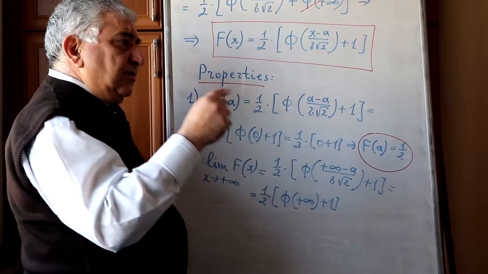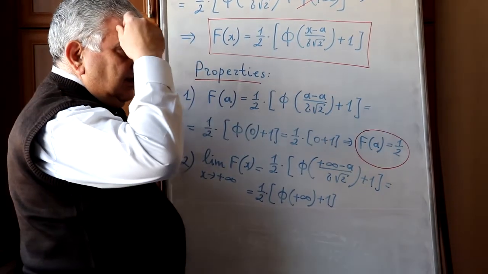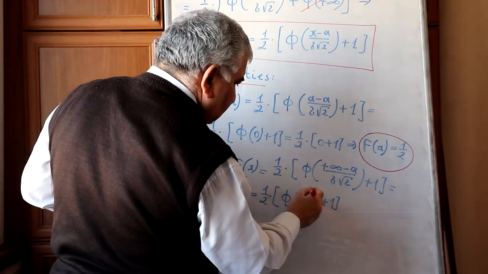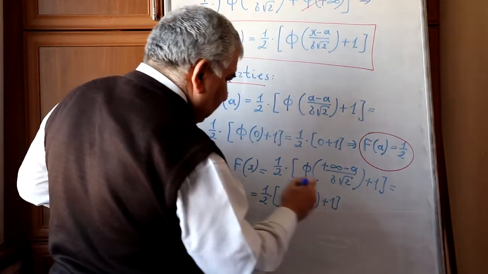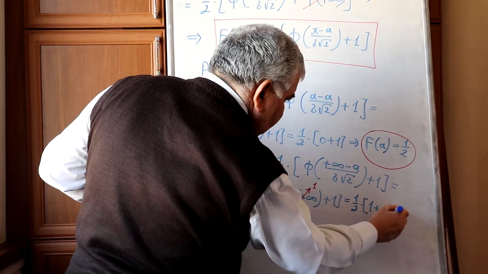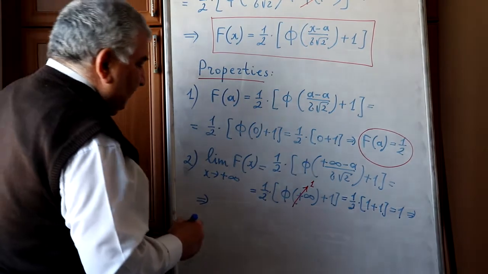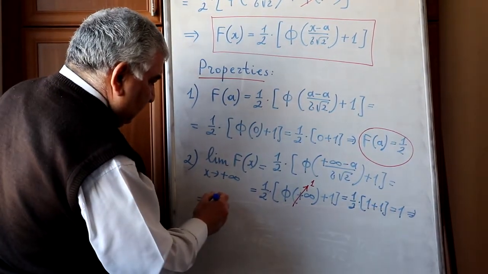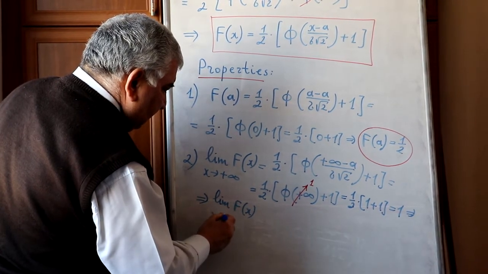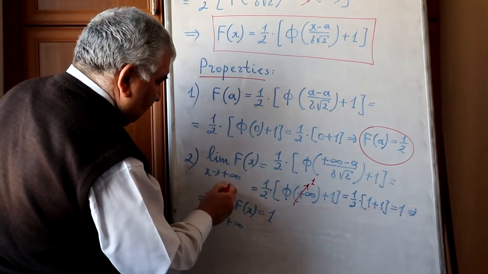phi, according to the properties of the error integral, at infinity tends to unit. Then we will obtain 1 second multiplied by 1 plus 1, which is equal to 1. Therefore we obtained the second result, that limit of F(x) when x tends to plus infinity is unit. It is the second result, and then